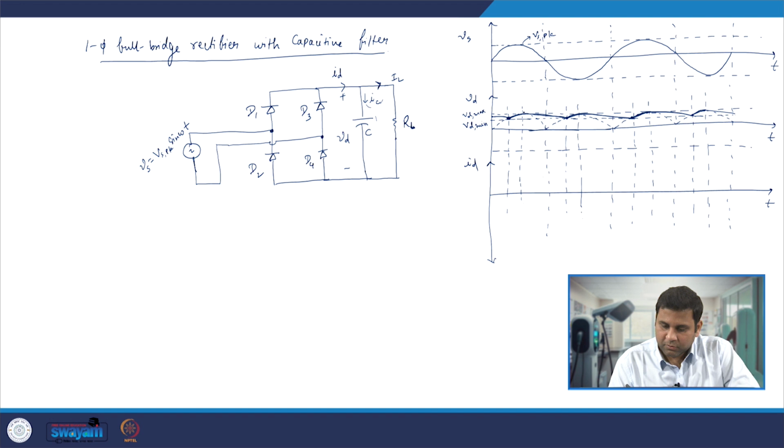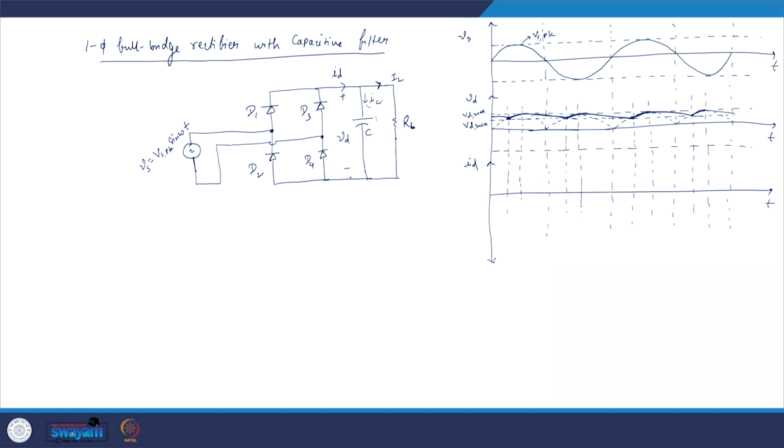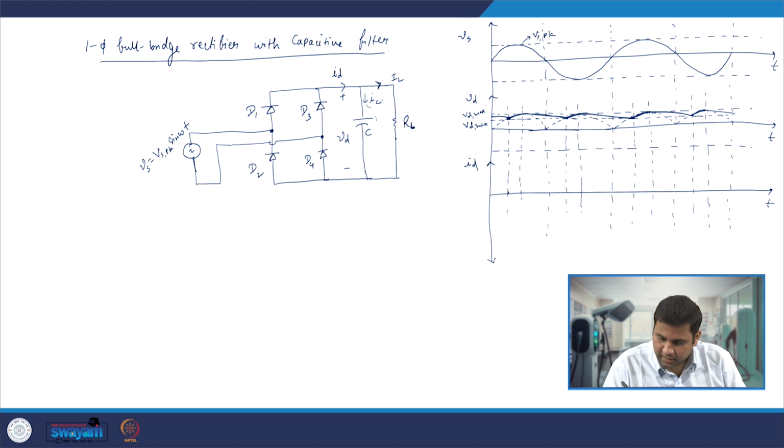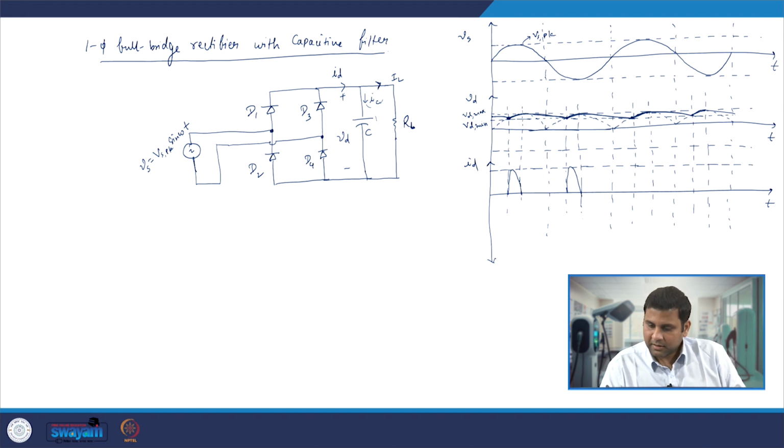However, from this point to this point is the time when there will be a current drawn from this source, and let us draw that particular current. It will be of a shape something like this: it suddenly goes up and then dies down like this, and then again it starts at this point, takes up and then goes down. So it will have some peak value, and then again in the next cycle it will go up and come down. Similarly here also it goes up and comes down.